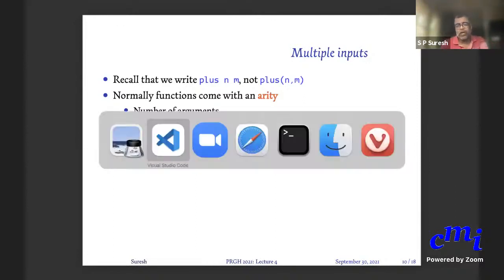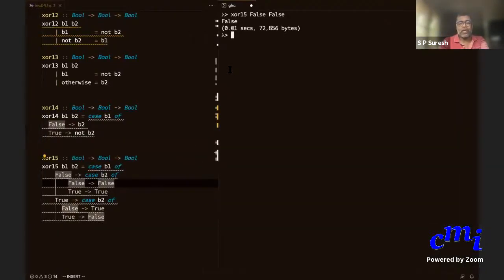Okay, so which is why if you go here and say plus, you just check the type of plus. It says integer arrow, integer arrow, integer. But what will happen if you say type of plus applied to, it says integer arrow, right? Which means that it will take an argument, namely an integer, and it will return something. Let us try to give a first argument, plus of 5. Plus of 5 is a function in itself.